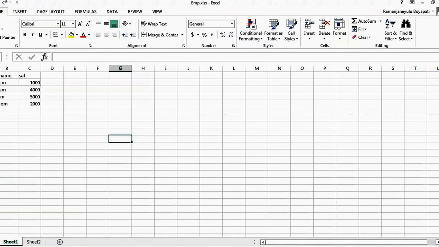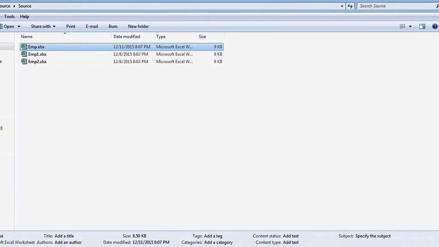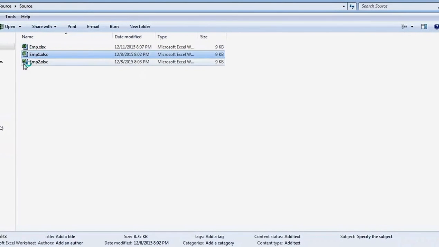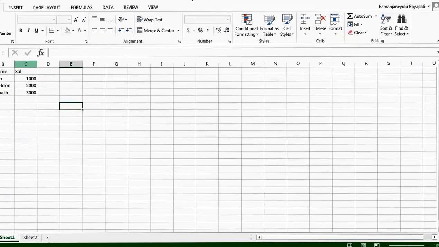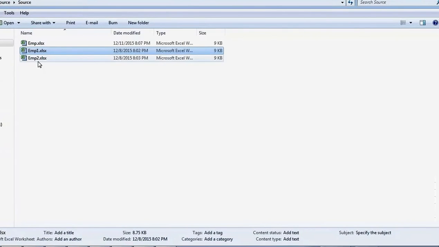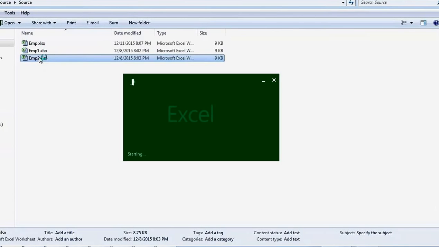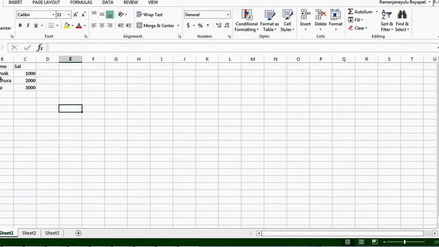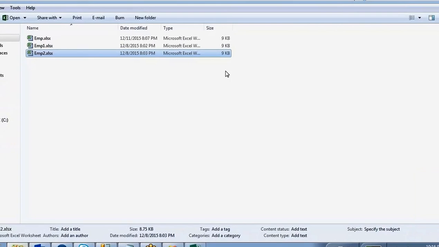This file has employee number, employee name, salary, and this file has employee number, employee name, salary, the same, right?